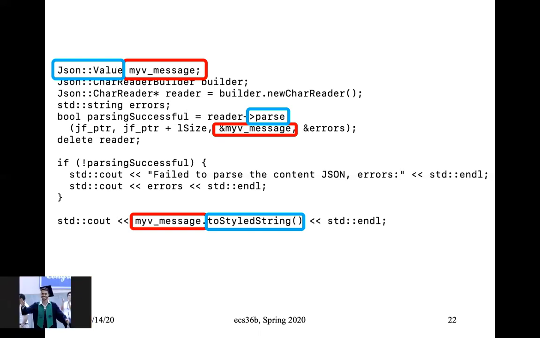So wait, Professor, for the representation of JSON, is JSON a library, or is it a class that we have to make? No, you don't have to make it. It's already a library. And we should include it in our code, right? Yes, it's included in homework 3. I mean, is it included, or do I have to install it in my